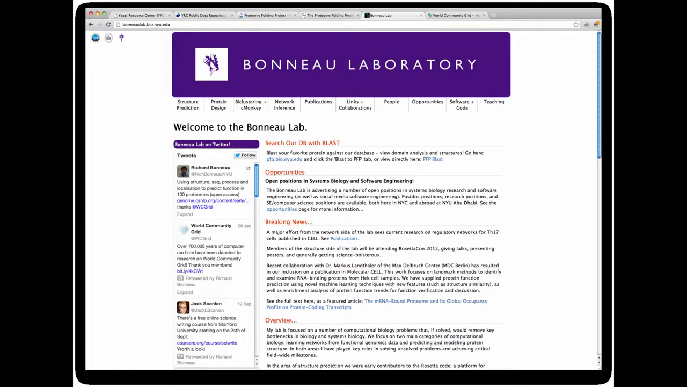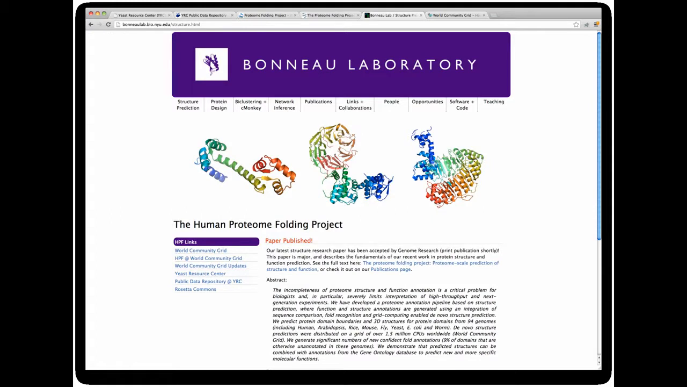Specifically, I would like to introduce the Human Proteome Folding Project's two publicly available resources, that is web resources, and then walk through an example with these resources focusing on a protein with potential cancer implications in order to show how the general public, or more likely biologists, could mine our data and use our resources to gain scientific insight